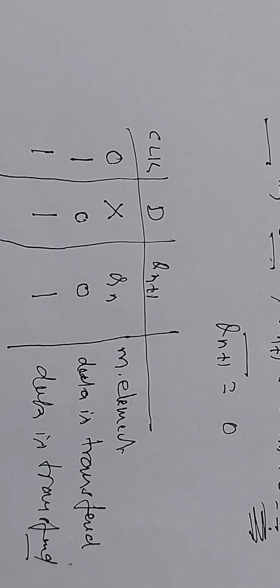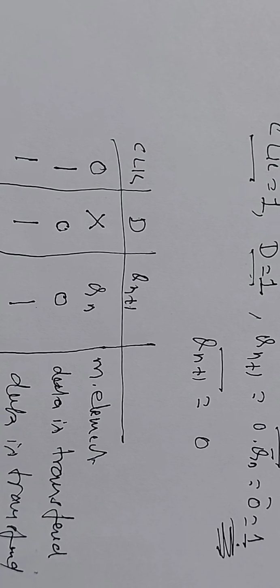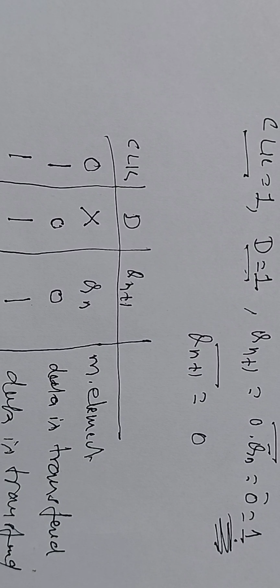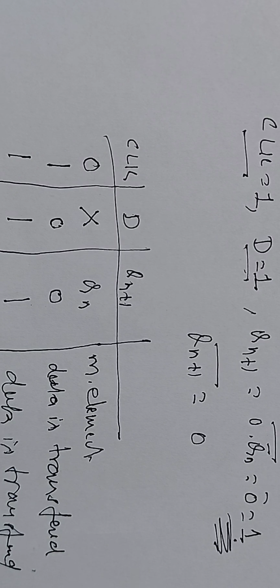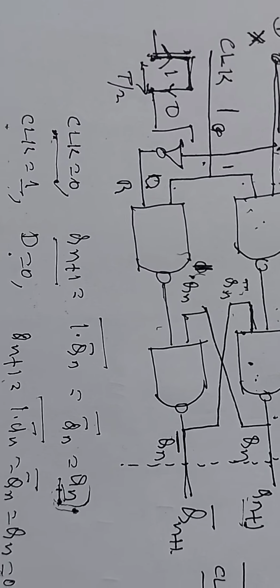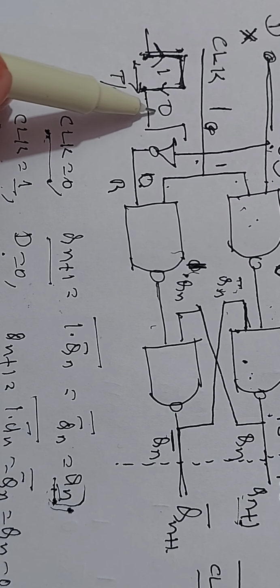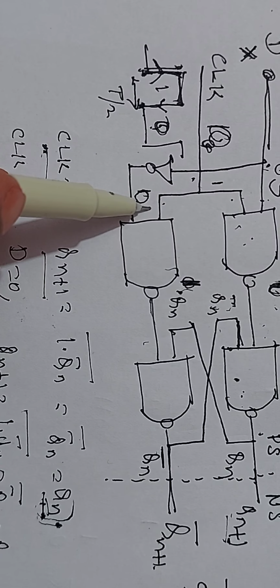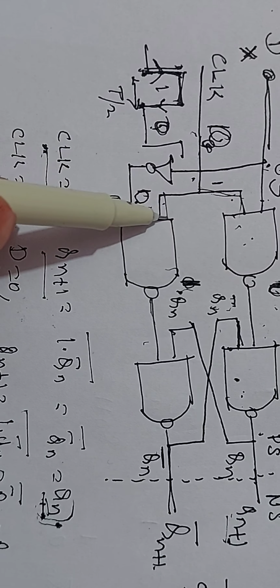That means in D-type flip-flop, whenever there is a clock pulse, whatever may be the value of D, it will be transferred to the output. So if D equals 0, output is 0. If D equals 1, output is 1. Therefore, the input is transferred to the output when clock pulse is present. And you see, after this the clock pulse goes to 0. At this condition, this clock pulse becomes 0. So both the inputs of this NAND gate are 0, because clock pulse is applied to both the NAND gates.